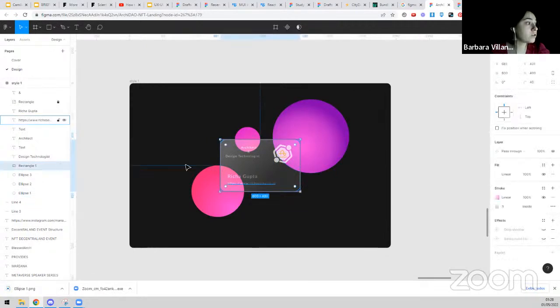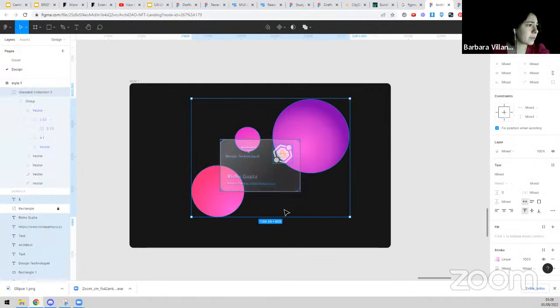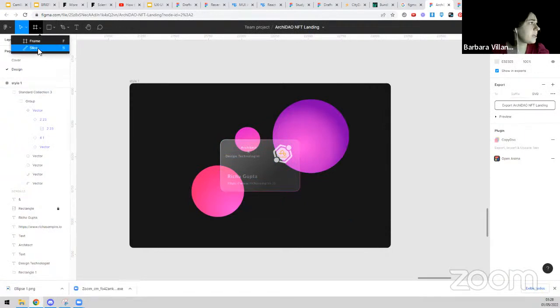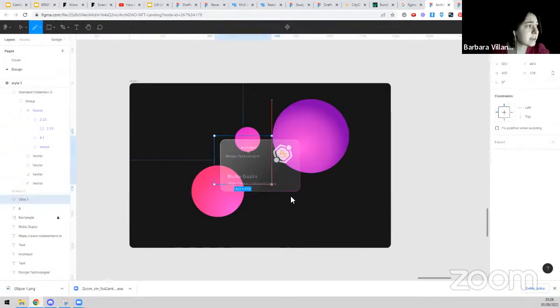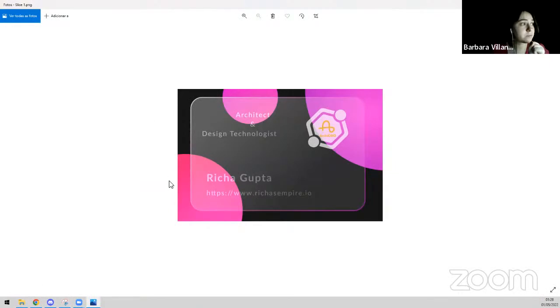And I can export also the whole group. For example, let's say that I want to export everything that is inside of it. But whenever I try to select it with the window, it is not going properly. If I use the function slice and I create a window here and I drag here, it creates a temporary arrangement, which you can also export as the slice. It's going to be called the slice, but what it actually is is the partial of the shape that you want. Of course it doesn't work for this part now because it's taking the whole image